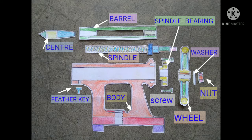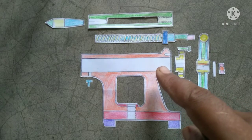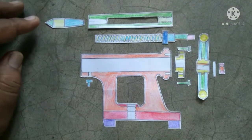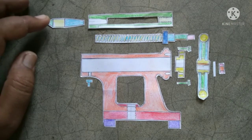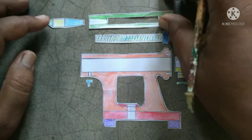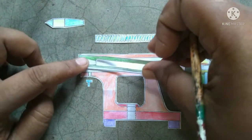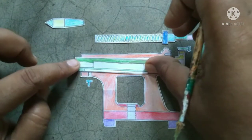These are all the body parts of the tailstock. Here we will see how it is assembled with the different parts of the tailstock. Here we see the main body part, and inside it is a cylindrical hollow part through which the barrel comes and goes,